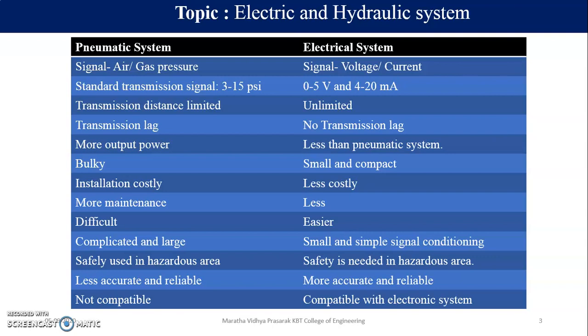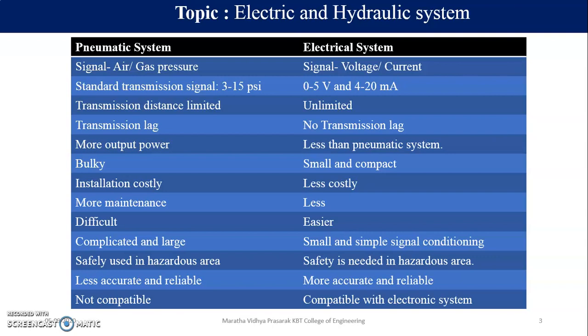So these barriers are going to separate the hazardous area from the non-hazardous area, and then convert the voltage levels, and then the instrument will be operated. Now, pneumatic is safely used in hazardous areas because it is only air. Yes, so since it is air, it will not mess anything up; there will be no accident, meaning nothing like fire or explosive in it. So it is safe to use in a hazardous area.